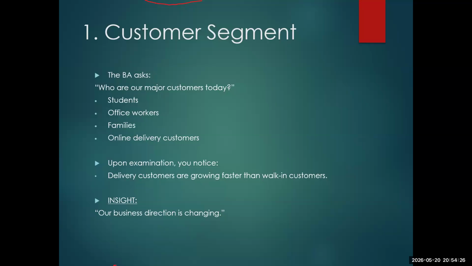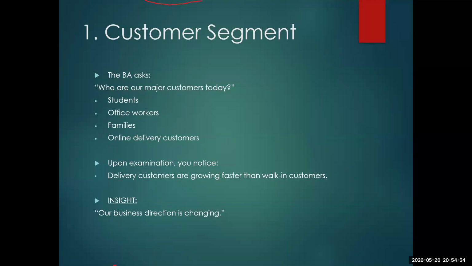And she just asks the supervisor or the manager, "Oh, is this usual? Do you have more delivery customers?" And they said that they just started observing this last month. That's a fact. So she observes over time, maybe for a week, and she sees that, okay, it's a fact, it's a pattern, it's a trend. Their delivery customers are now going more than their working customers. She can form an insight, and she records that: the business direction is changing.